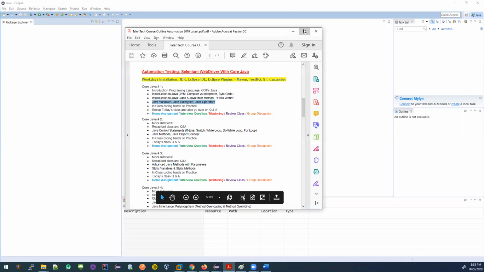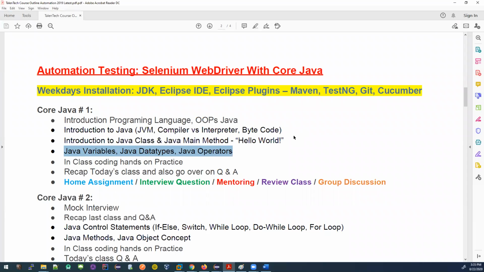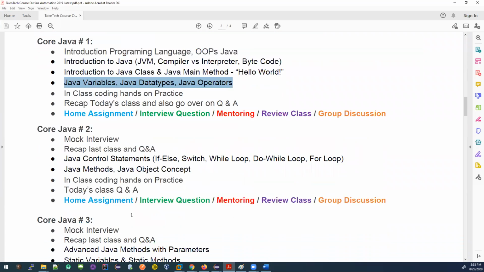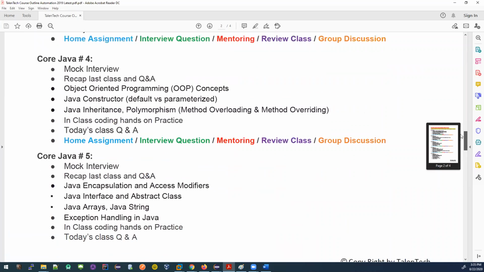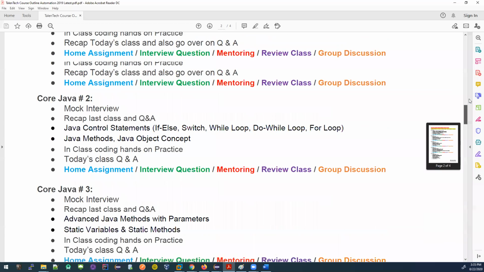All right. So this is our course outline. The course outline for Java is for a core Java training session. We'll have 1, 2, 3, 4, and 5 classes. This is the plan that we have right now. But can we always keep the same plan? From my previous experience, no. If you need more classes, we'll do it. So let's not worry about it right now. Let's worry about the content that we are going to cover.